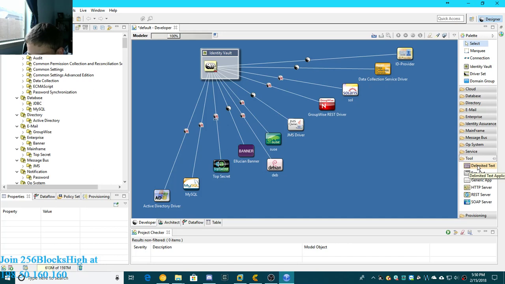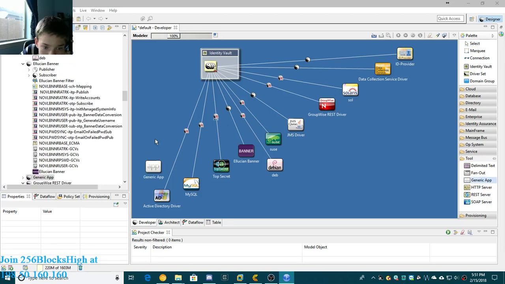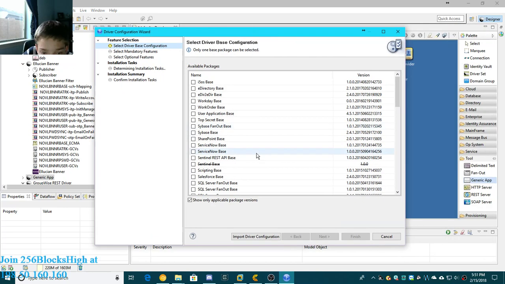You have delimited text implication, fan out, generic app. Let's add a few generic apps. Generic app. What applications are generic? Let's go with